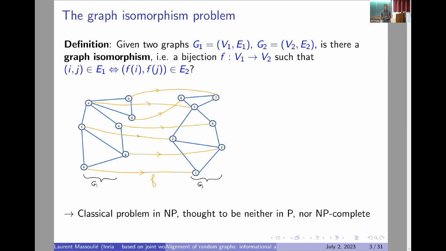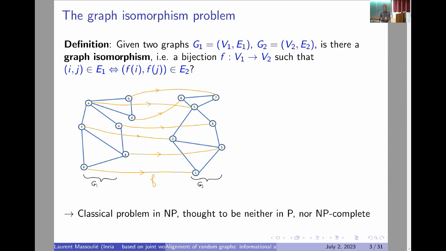And so it has puzzled computer scientists for a long time. They have many conjectures on this. They believe the problem is in the class NP, but they think it's not in P, and they think it's not NP complete either. So this would be one of those strange beasts in the class of NP problems, neither in P nor NP complete. And so the alignment problem is quite related because this is the task of finding not an isomorphism between